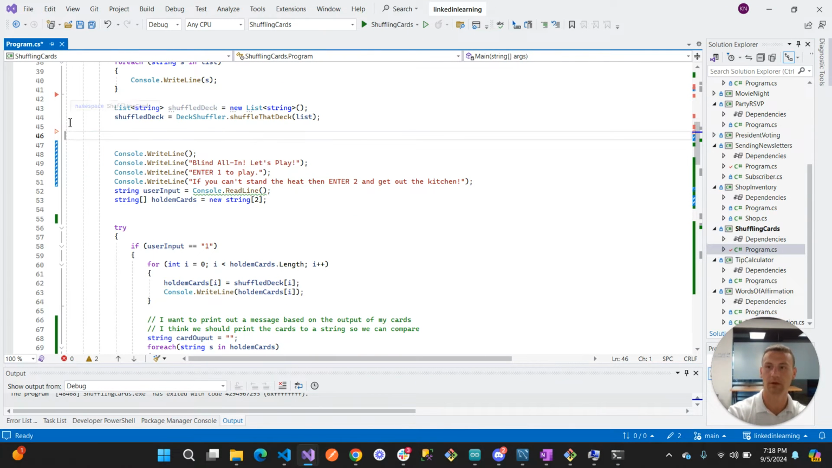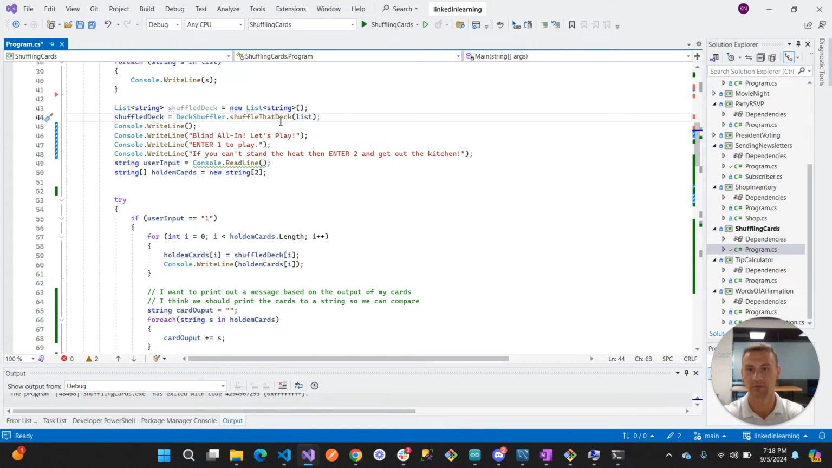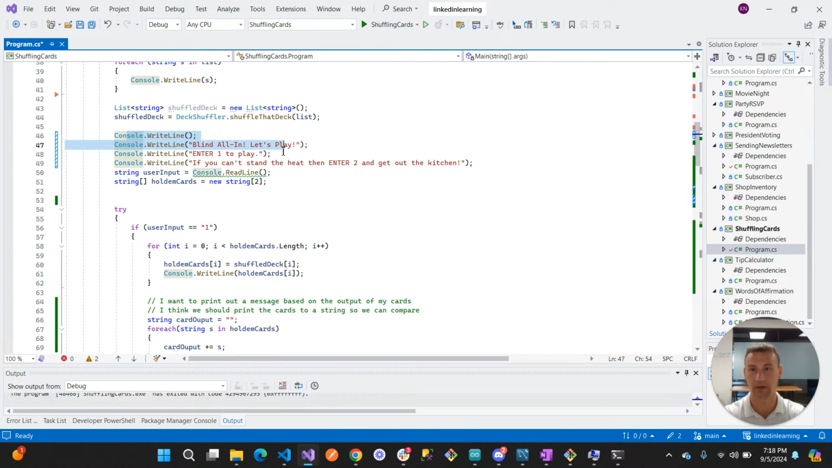Get rid of the zombie code, abide with the clean principles. All right, we shuffle that deck, which takes in a generic list of strings called list. And now we get into our UI, Console.WriteLine. This is just what we're saying in the UI. And then we want to read the user input, so the user can either input a 1 or 2, and